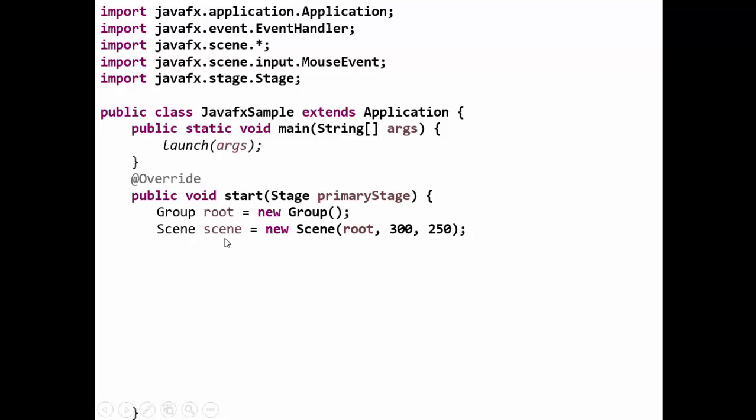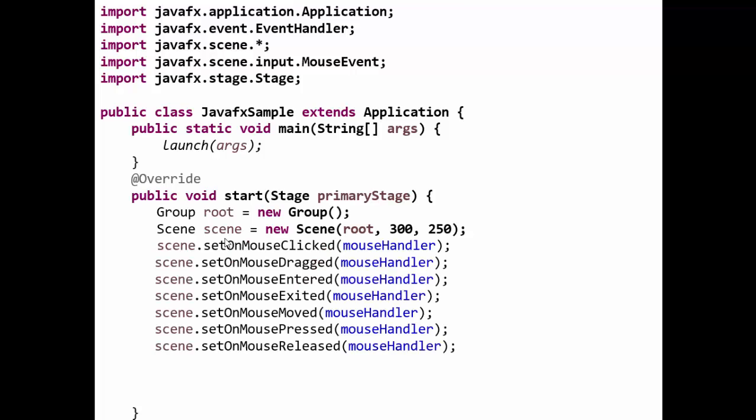Now we are defining the events. Just be careful. Over here we want to handle the mouse events. So we are registering all the mouse events. As you can see: mouse clicked, mouse dragged, mouse entered, mouse exited, mouse moved, mouse pressed, and mouse released. But the question arises, these events are set. So setOn is a method: setOnMouseClicked, setOnMouseDragged. But on what is your target, or what is your source, I can say, where you want to handle the event. So in this example, the source is your scene, because you want to handle the mouse event for that particular scene, which is declared over here.